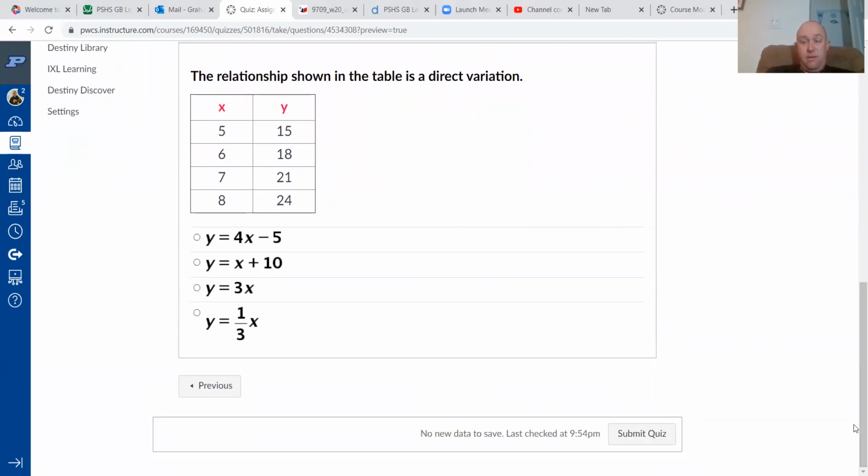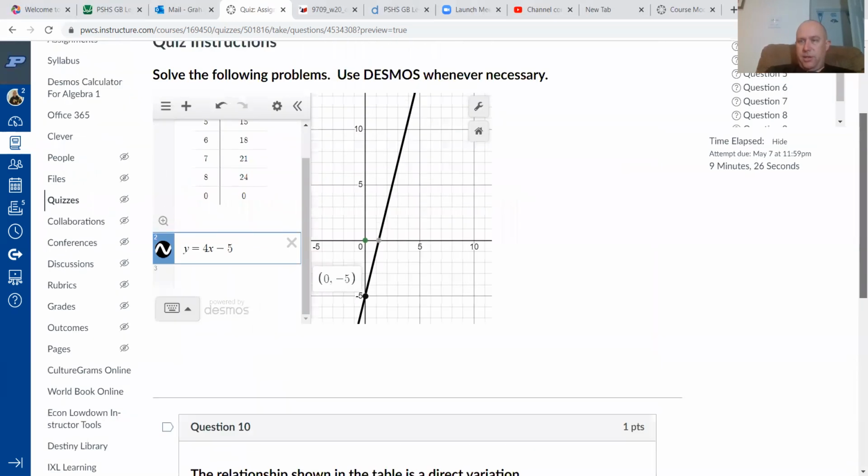So just an alternative way if you do kind of panic on this. Go ahead, submit your quiz, and hopefully you manage to get 100% for